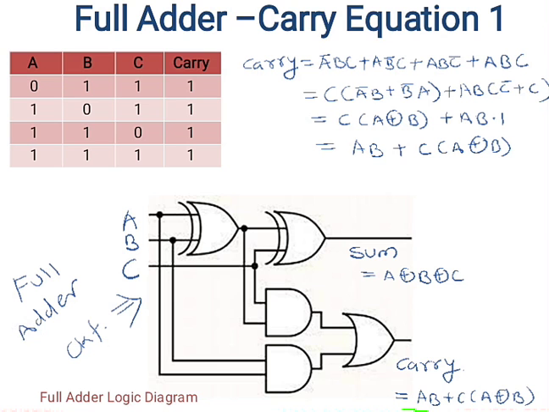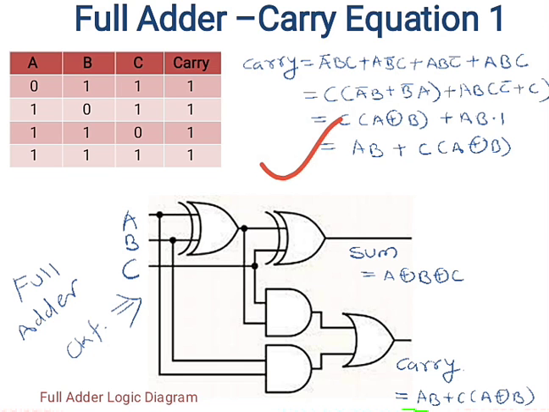From this equation, from these two we will take C outside, and from the other two we will take AB outside. So C times (A bar B plus B bar A) plus AB times (C bar plus C). So A bar B plus AB bar is A XOR B. So C times A XOR B, plus AB into 1, because C plus C bar is equal to 1. That is the Boolean law. So carry is AB plus C times A XOR B. This is one expression for the carry, and in some books you will find this expression for the carry.